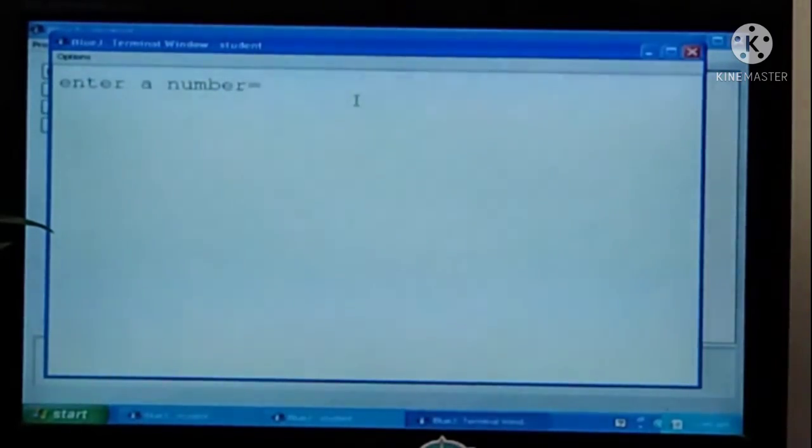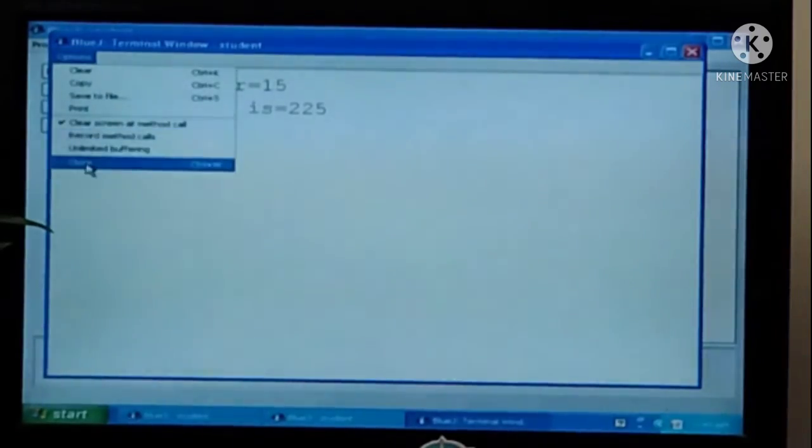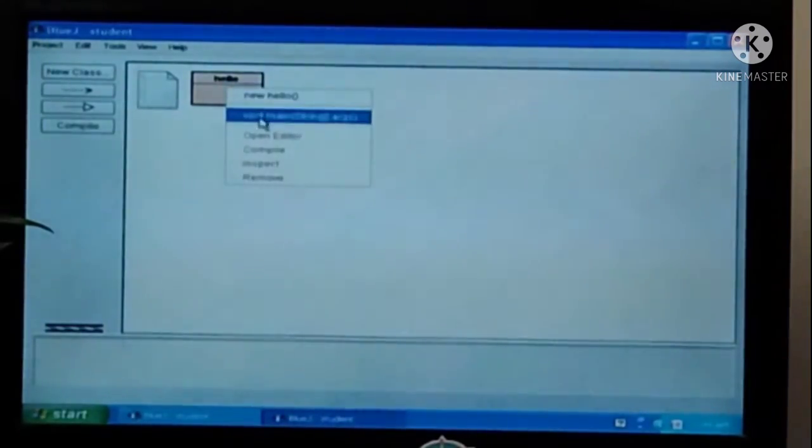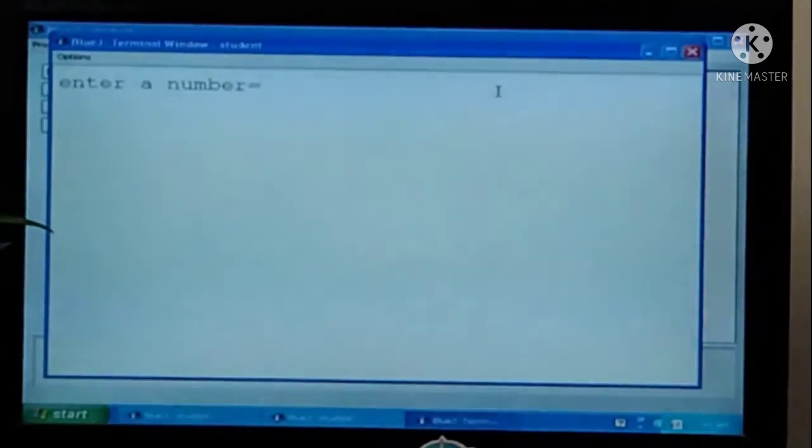Suppose 15, this is greater than 10, so it will print the square of the number. And if you provide 6, which is less than 10, it comes in the else part, so it is printing twice the number. Clear?